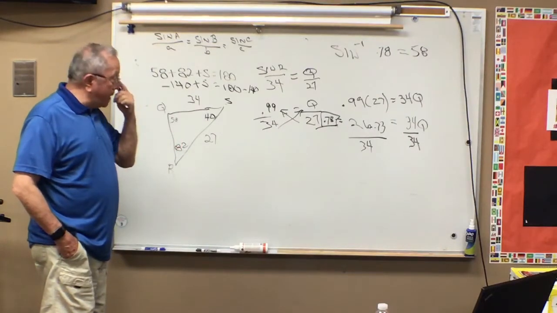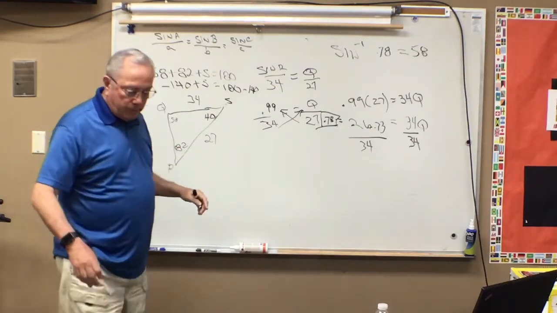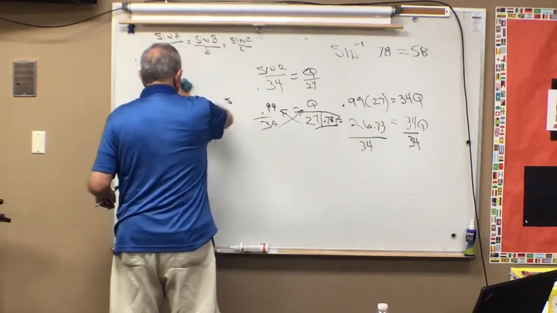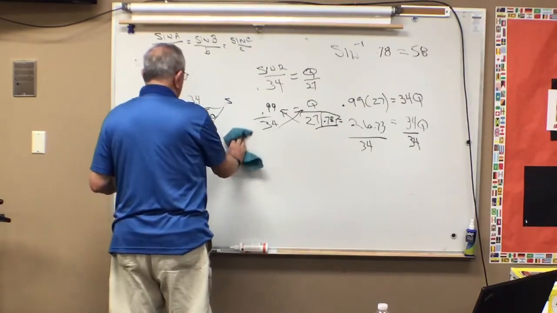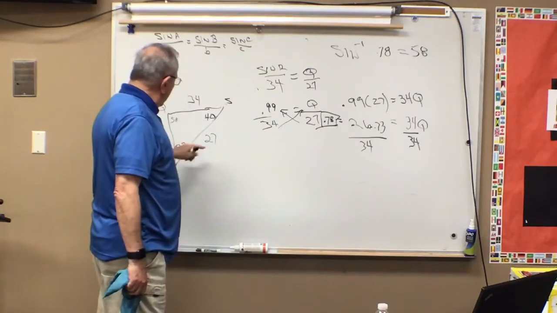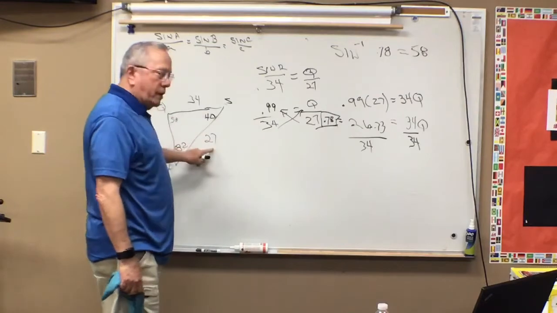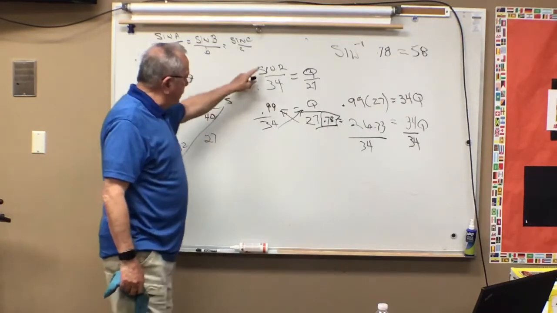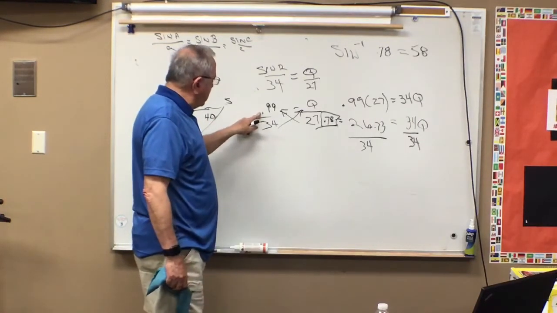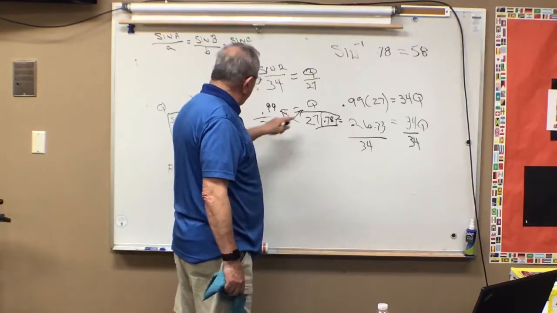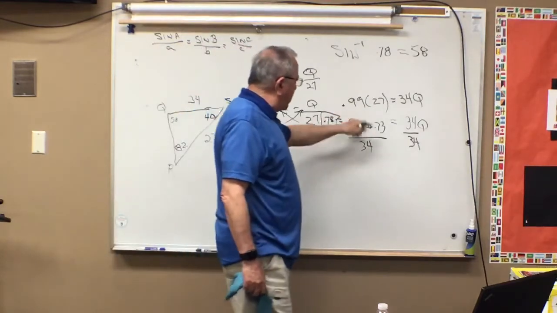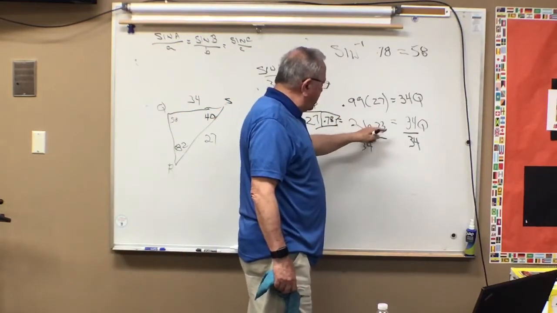So again, you have to practice this, okay? So again, let's clean this up. You notice we're using all the stuff we got. So guess what? We're going to do this, aren't we? Sine of R over 34 equals sine of Q over 27. Sine of R equals 0.99, doesn't it? And over 34 equals sine of Q over 78. So now we did the cross multiplication. We get 26.73 equals